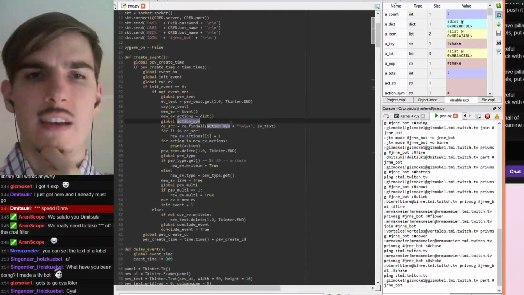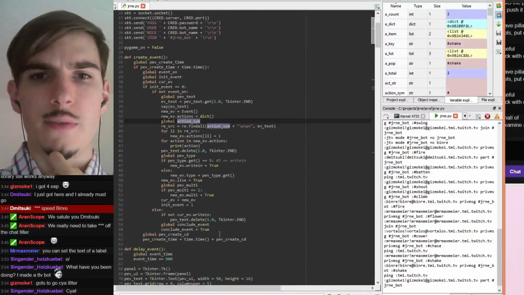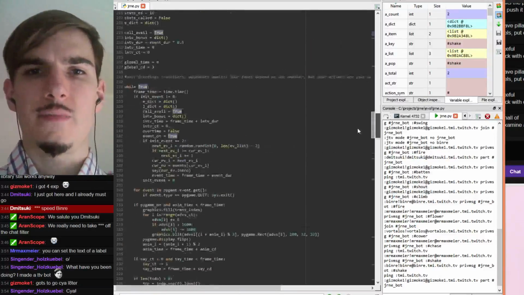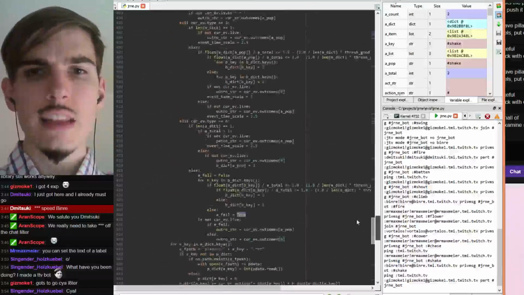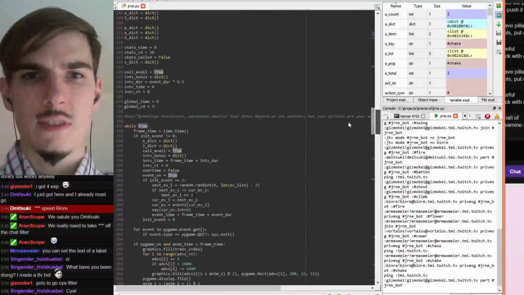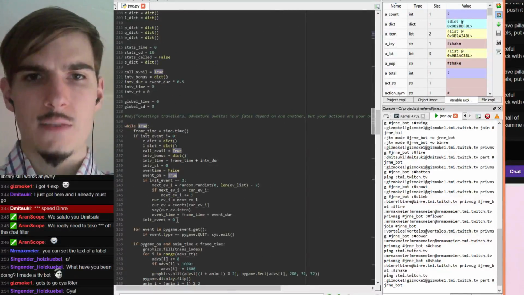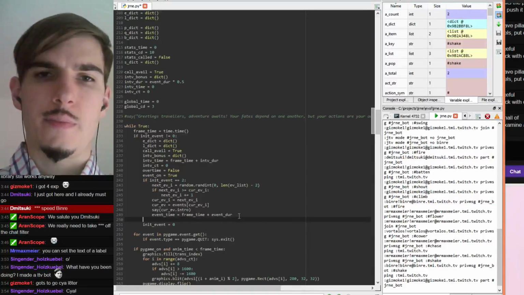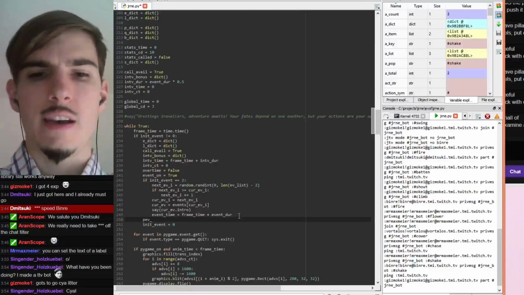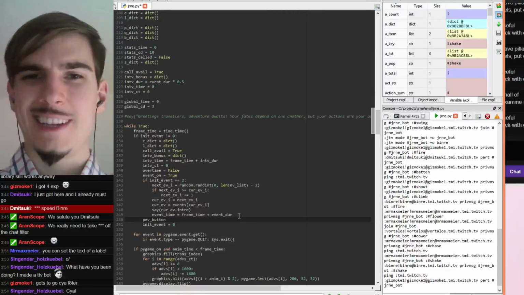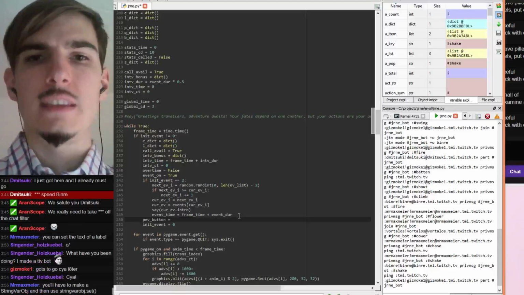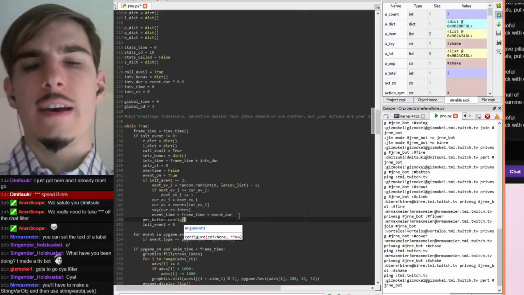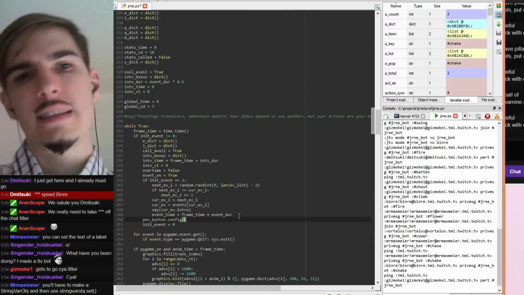So when we init event, when it actually gets initted, we will say pev button equal dot config text